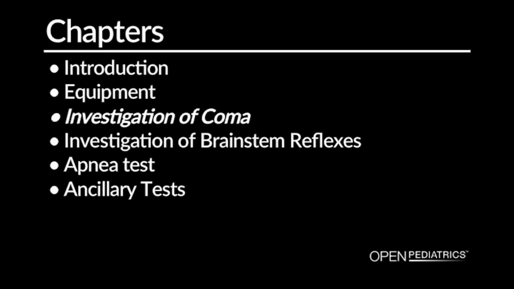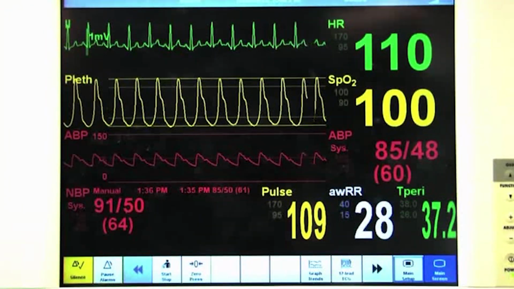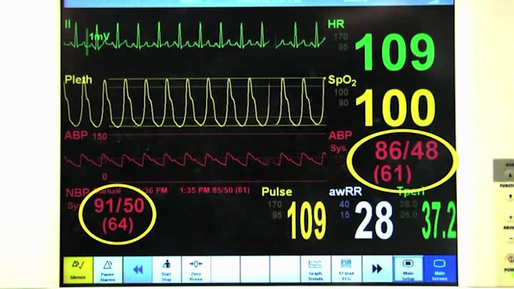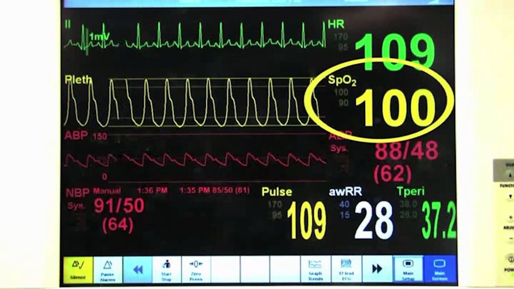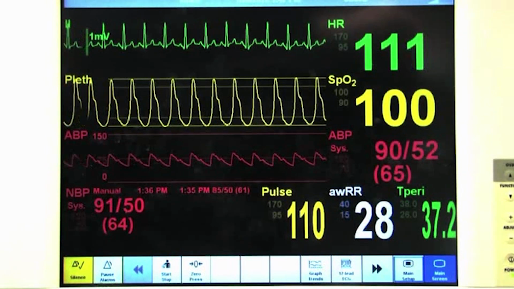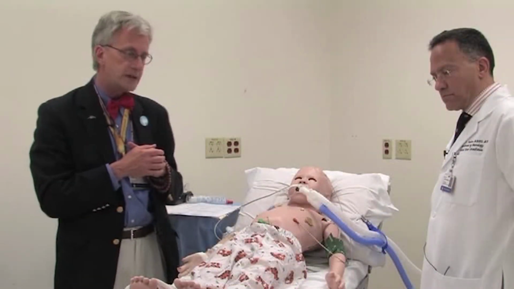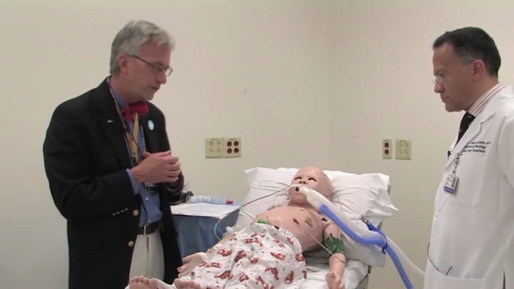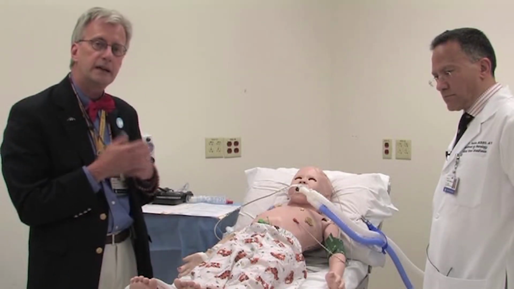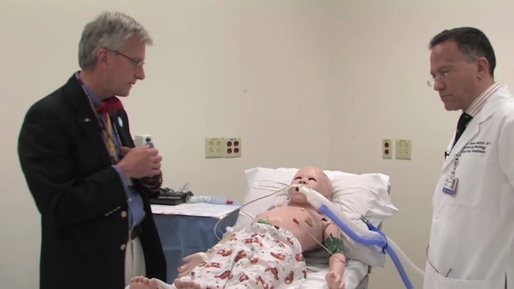Investigation of coma. The first thing we'll do is examine the patient and see that in point of fact, as we look up here, his heart rate is 110, his blood pressure is 85 over the 50s, and his oxygenation is at 100% by pulse oximeter. Thus, all of the metabolic conditions, and his temperature has also been demonstrated to be above 36 degrees, would be present so that we can proceed with this examination. And you'll have to take our word for it that we've interrogated the chart and made certain that there are no explanatory findings of sedating medications, neuromuscular blocking agents, or things of that nature.